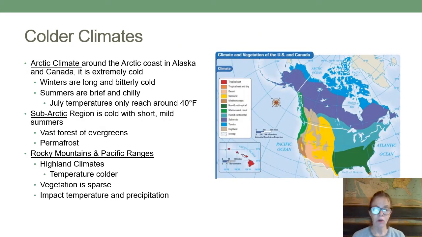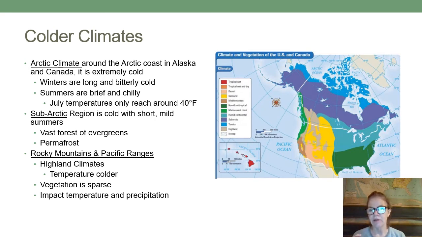All right, so the colder climates, as I indicated, we get the Arctic climate. That's up around the Arctic Circle. It is extremely cold, so you get parts of there in northern Alaska and northern Canada. The winters are very long and bitterly cold, right? And the summers are very brief, a short amount of time, and chilly. In July, the temperatures might only reach around 40 degrees Fahrenheit, right? So when you go down a little bit lower,